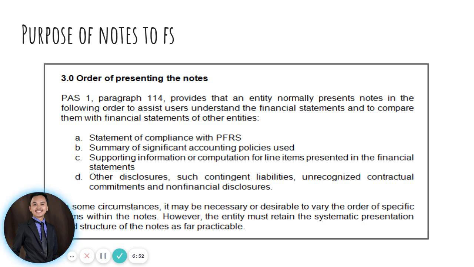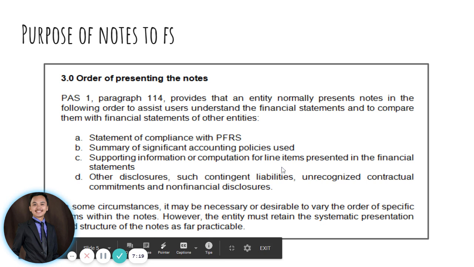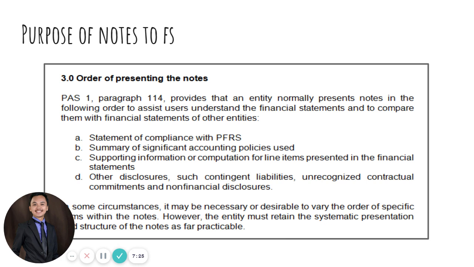So for example, guys, as we all know, in your statement of financial position, we report items per line item. That means we report different accounts on a lump basis. So for example, cash and cash equivalents. In that line item alone, there are other accounts included. So in this supporting information or computation for line items, whatever is the component or the details of that cash and cash equivalents will be reported in our notes